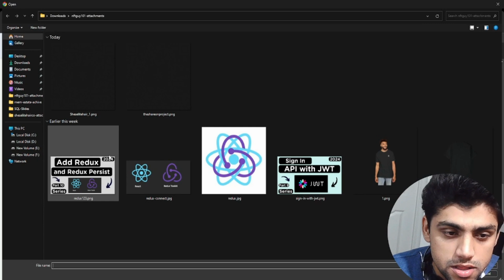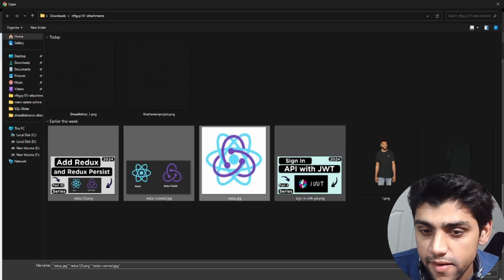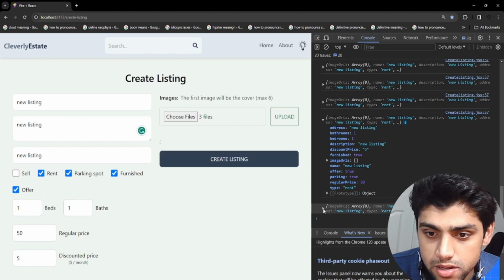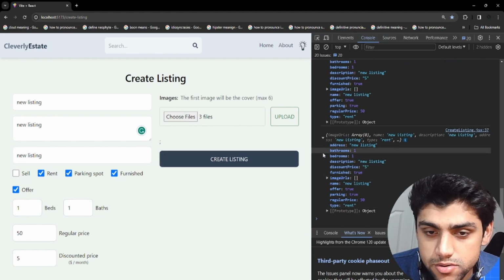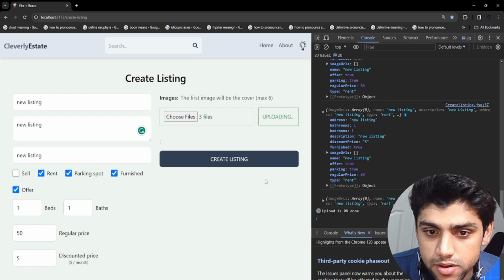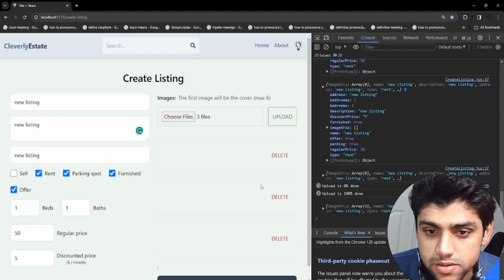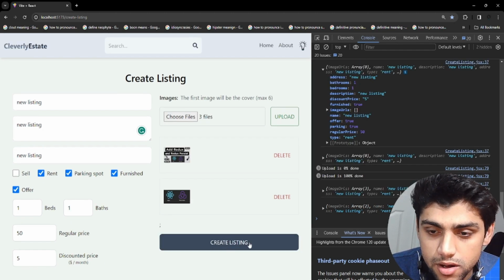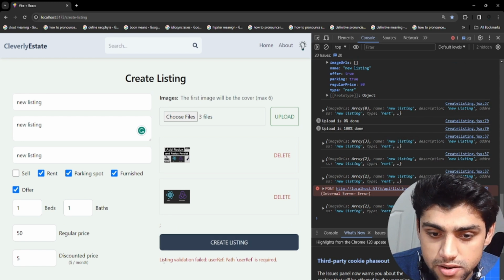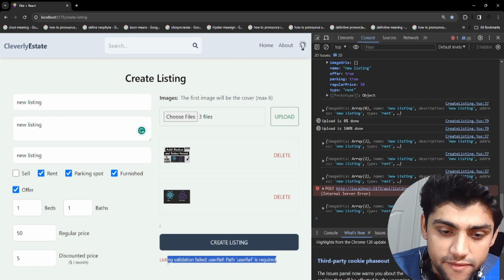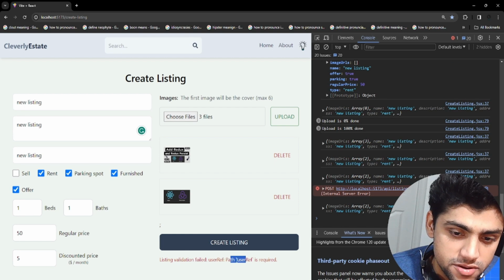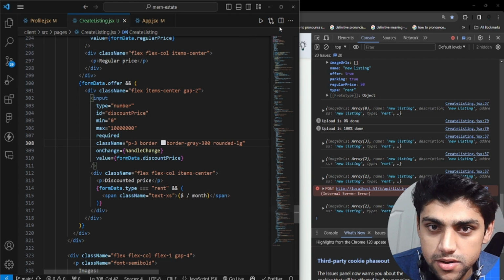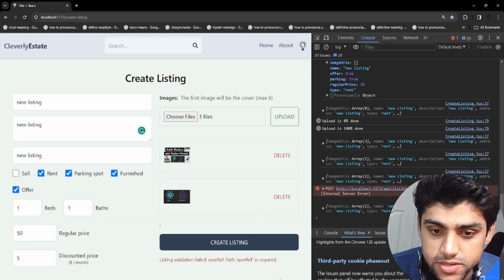Let's add some images. So 1, 2, and 3. Let's add 3 images, and now we have 3 images. They're being uploaded here as well. Let's upload, and once I upload this, they're going to be added here. You could delete the image that you don't want, and then you could create the listing, and then it says over here, user ref is required. Listing validation failed. We have user ref path. User ref is required. So for that particular reason, when I'm clicking on this create listing button,